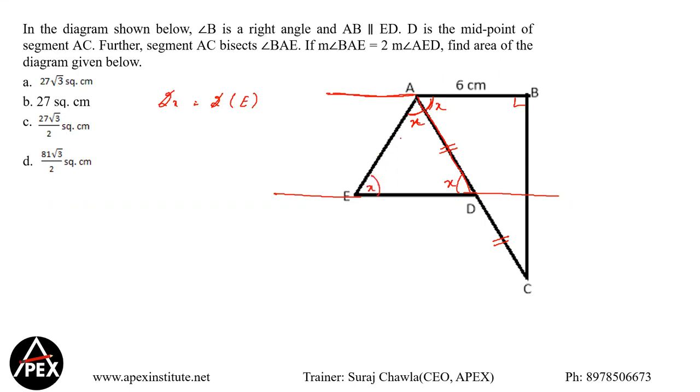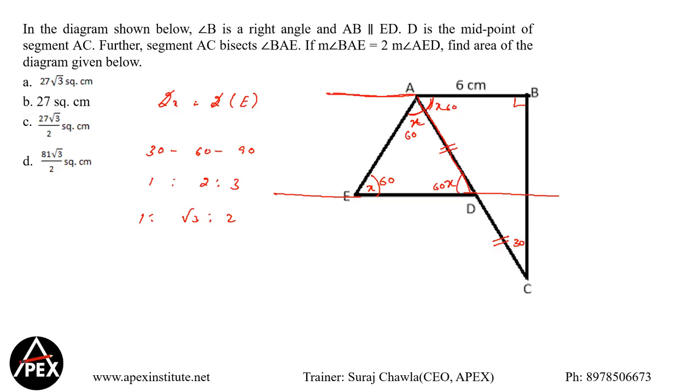So if these three angles are same, that means I can say it's an equilateral triangle. So each angle is 60 degrees, 60 degrees, and 60 degrees. Clear? And now I have this is 60, this is 90. So this triangle becomes 30 degrees. Shivesh, you need not assume, you are given it's an equilateral triangle. You cannot always assume it's an equilateral triangle. So if the angles are in the ratio of 30, 60, 90, that is 1 is to 2 is to 3, the sides are in the ratio of 1 is to root 3 is to 2.